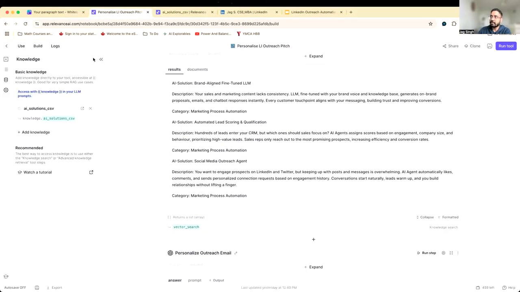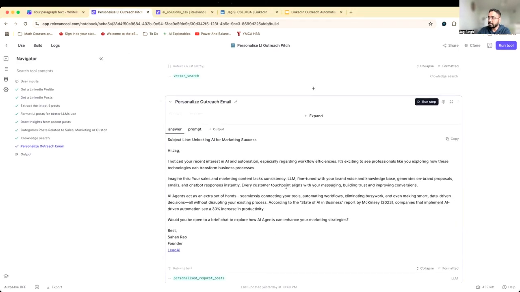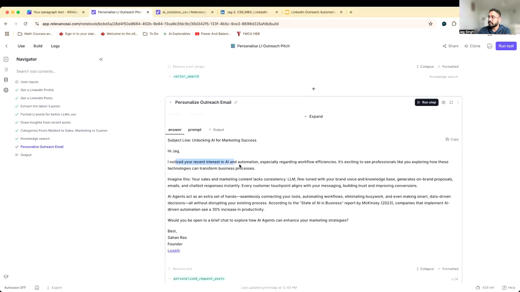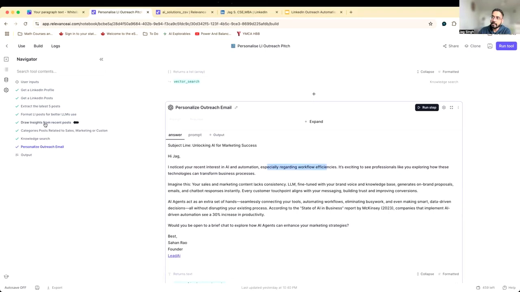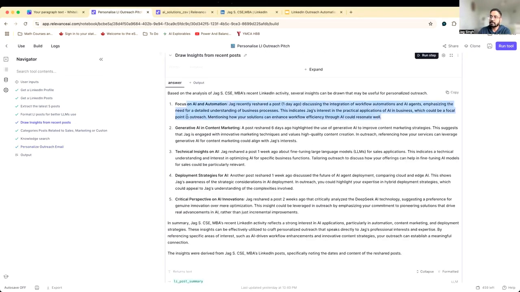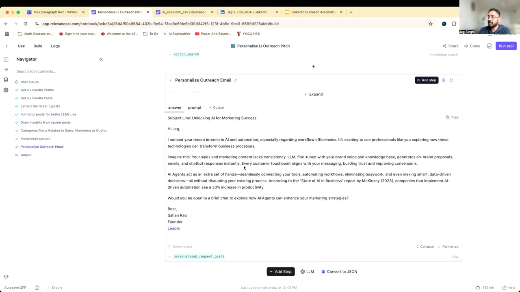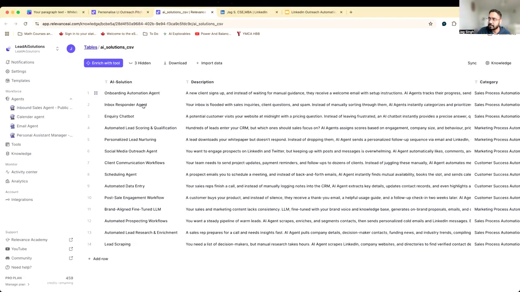And then finally, what we do is integrate this and develop the outreach. So I noticed your recent interest in AI and automation, especially regarding workflow efficiency. Now, this has been picked up from here, right here, right? So highly relevant. This is where the relevancy statement develops. Then it picks up that use case, helps me visualize what it can do, right? So I think this is the fine-tuned LLM. So let's look over here. Your sales and marketing lacks consistency. Large language models fine-tuned with your brand voice and knowledge base generate and so on. So it takes that,